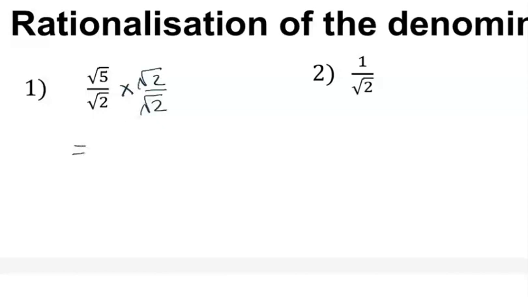So if I now do the numerator and the denominator, I notice that I now only have to divide by 2. I can simplify it a little bit: square root of 10 divided by 2. Square root of 10 is approximately 3 something, divided by 2. So we know the answer is more or less